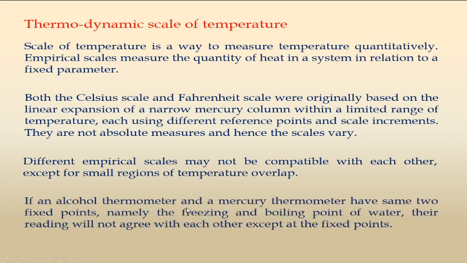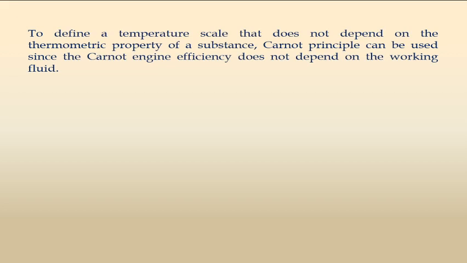If an alcohol thermometer and a mercury thermometer have the same two fixed points, namely the freezing and boiling point of water, the readings will not agree with each other except at the fixed points. In between, their measurements may vary slightly. So in order to solve all these kinds of problems, we need to define a temperature scale that does not depend